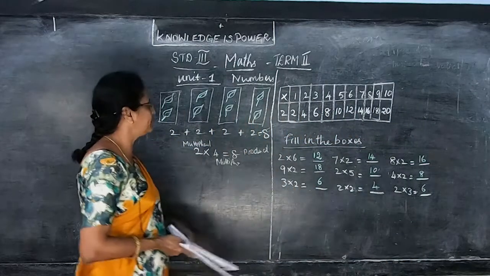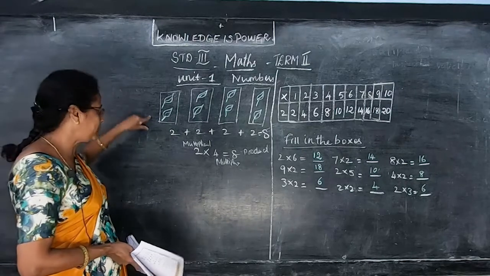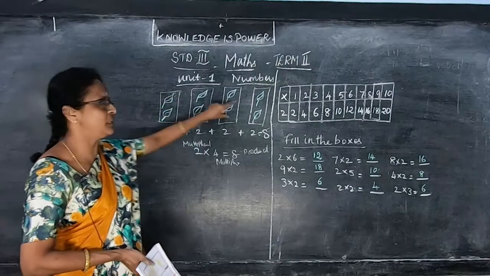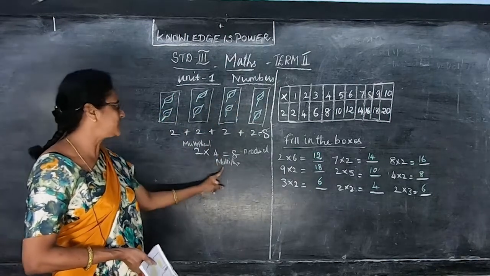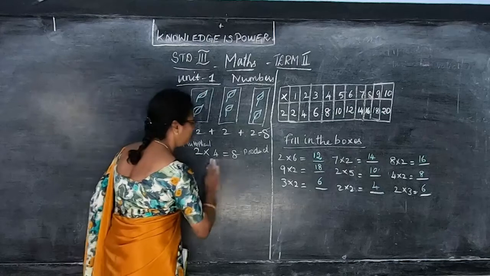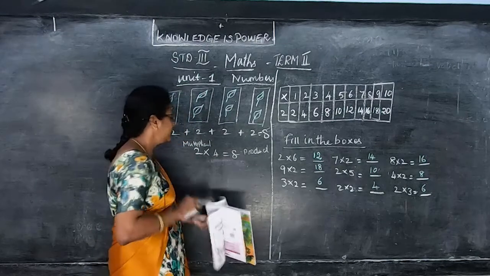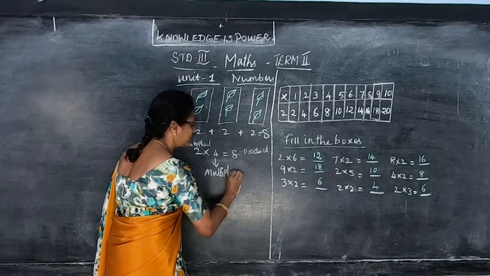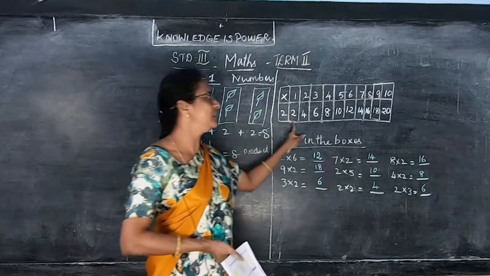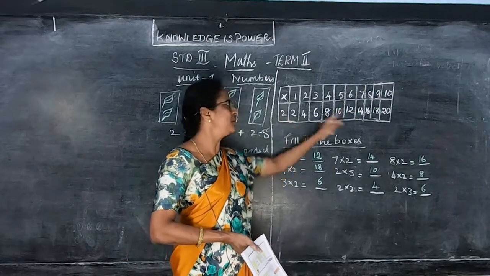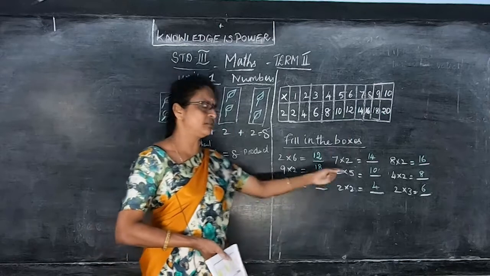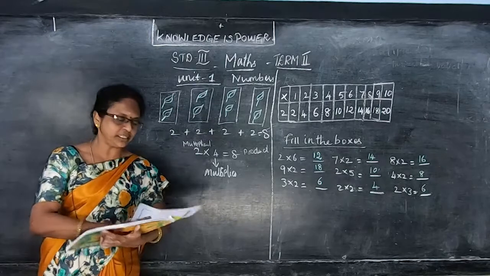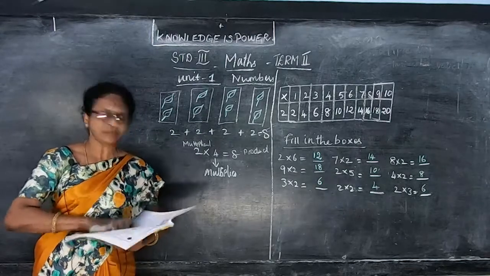So for these questions they will give the picture like this. So multiplicand is the number of objects given in each group, that is the multiplicand. 2 leaves they are given, and multiplier is the number of boxes, that is the number of groups. This is the multiplier and this is the product. So remember, this product is the total answer. And in the box they give the numbers, how many times you have to write the answer here, and fill in the blanks they will change and give, and you have to write this. So for all these tables, 2 tables, 3 tables, everything is under this only.